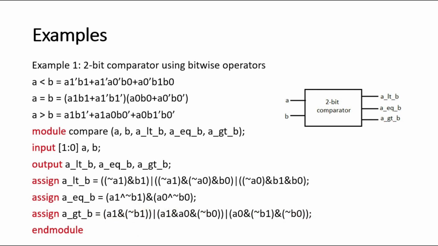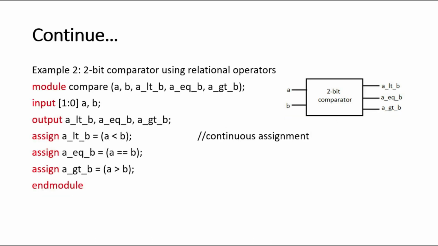And module. From this example, we can see that data flow modeling is easy compared to gate level and switch level for large circuits. If we implement a 2-bit comparator circuit using gate level or switch level, then the Verilog program will be lengthy and chances of errors may increase. Therefore, data flow modeling makes the design easy and reliable.